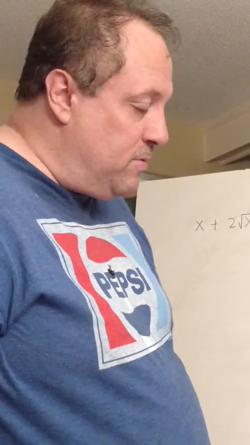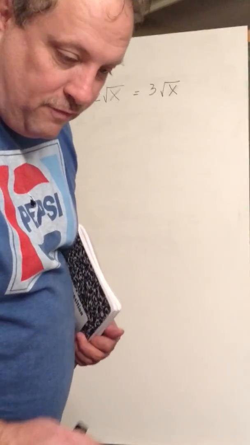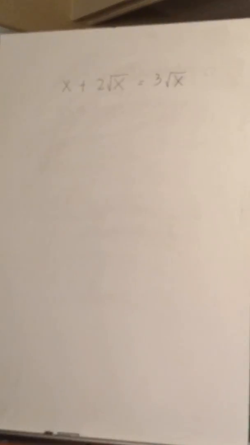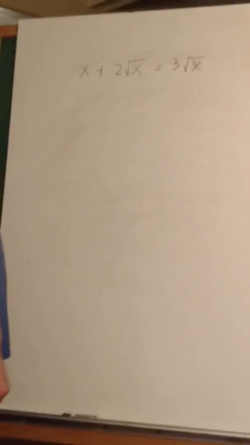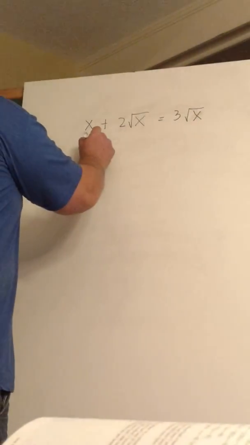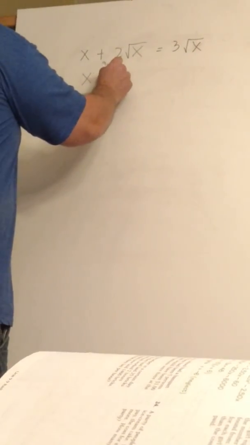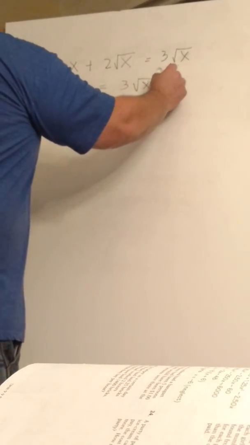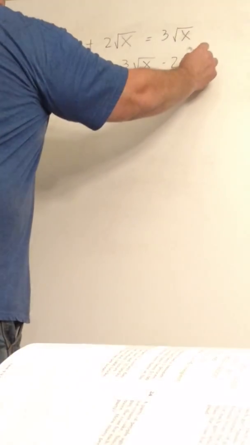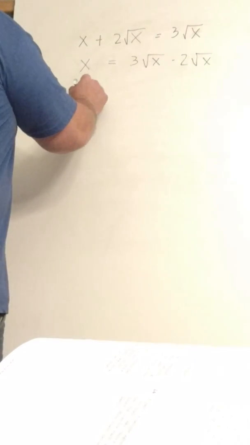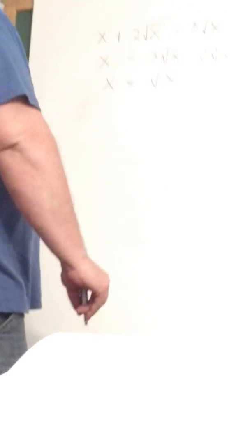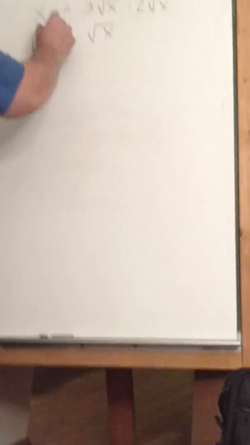Okay, so let's start with problem 2. This is a pretty simple one. So now we're back on page 234, 9.9. Now this is pretty simple, but what would you do here? Well, what if you subtracted 2 times the square root of x from both sides? What am I going to be left with? Just square root of x equals the square root of x, right? And then if I square both sides, well,